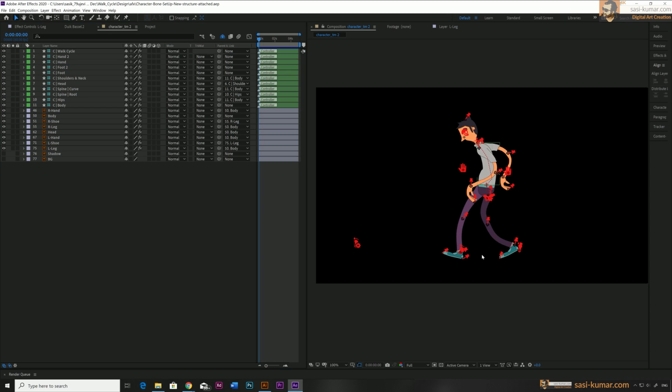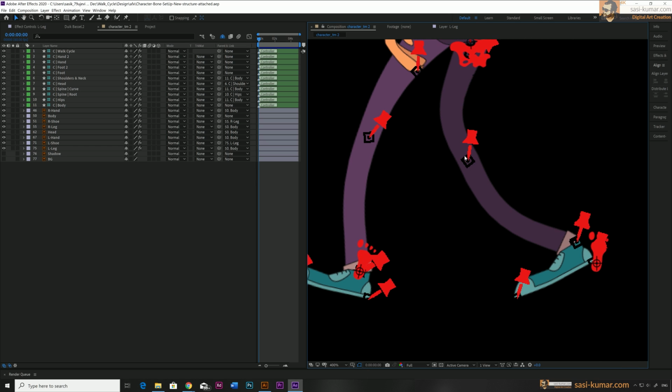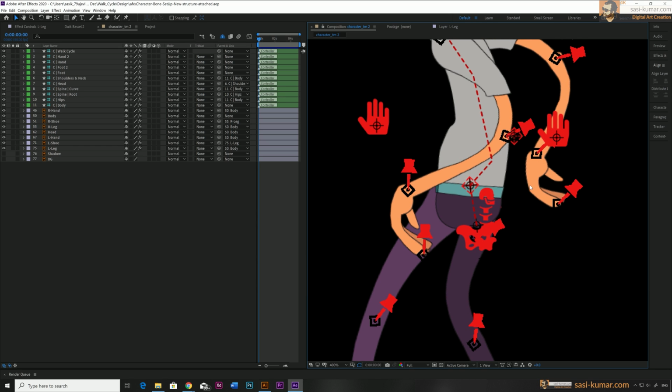All right guys, so I go back to the earlier version. Okay, before I close this animation, I want to share one more final thing in this tutorial. If you want to have smooth and really bendy shapes like a cartoon animation, you can make it with the puppet tool settings also. So if you zoom in here, you will see these are not rotated properly. It's not a proper bend.